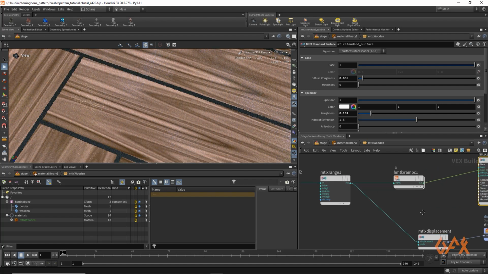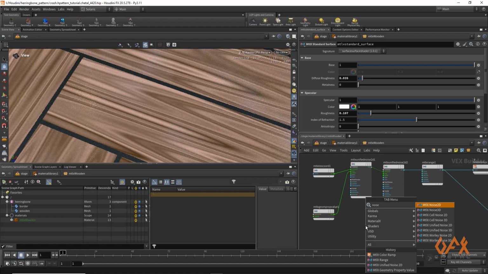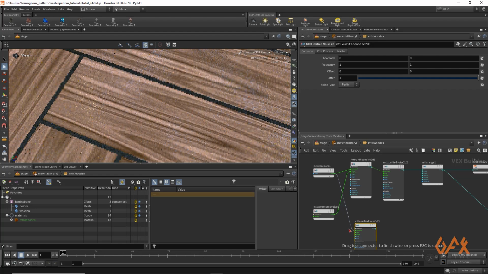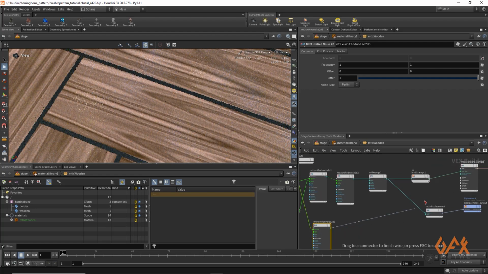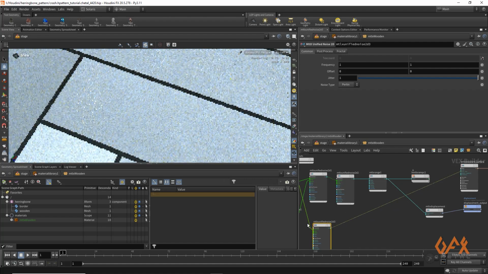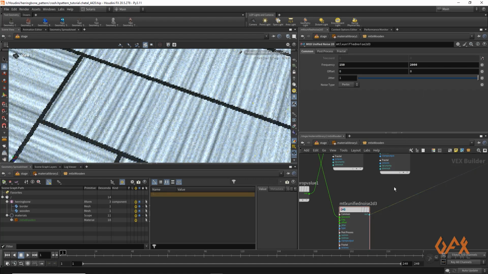Now, if you need some more detail, likewise, I need a little noisy pattern, a little noise on those edges and everything. So what we can do for that, I can use this coordinate. I'm going to use one more noise. You can use this or not, that is up to you. Now I just apply this texture coordinate, and for reference I just apply this as my base color temporarily, so I can get the pattern of that noise. So I just select this unified noise, and in that I'm going to change my frequency from 150 to 2000.